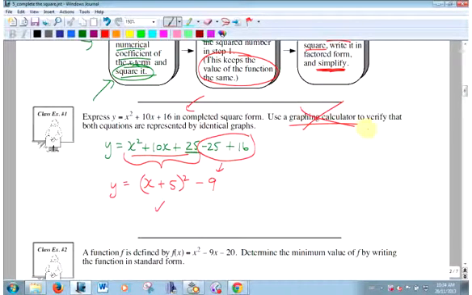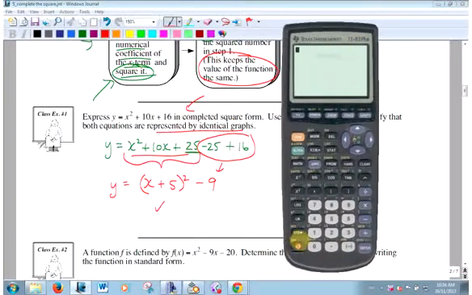Let's not worry about the graphing calculator. A couple of you don't have it. Well, actually, that's good. Let me do it. If I'm going to plug in my original formula, why would I want to do this? So I can find the zeros, right? There they are. What happens if I plug this guy in? If it's the same graph, identical, should I see 2 graphs, or should I see the same graph on top of the other one so it'll look like one graph? It's the latter. So if I plug in this guy, (x + 5) squared minus 9,